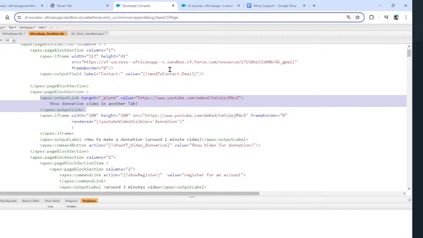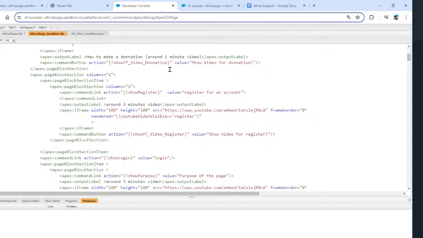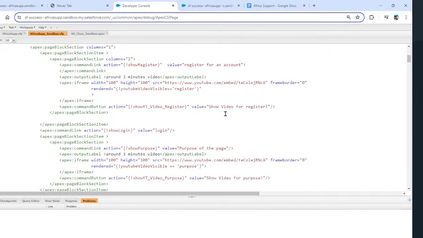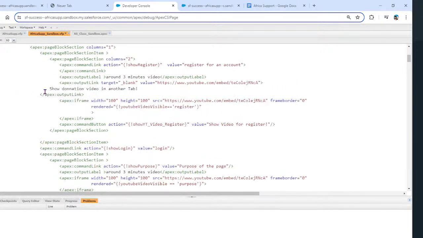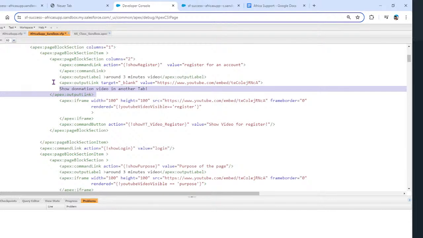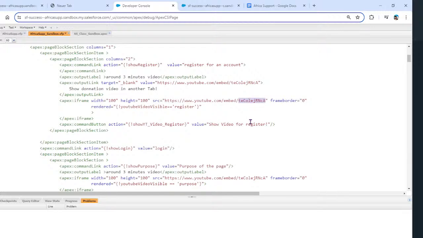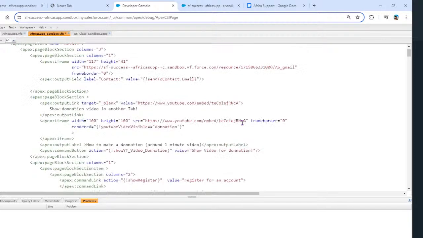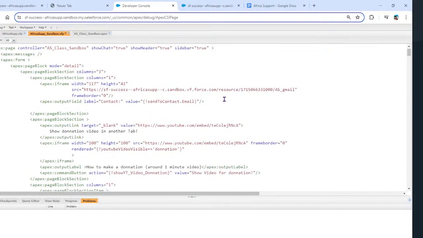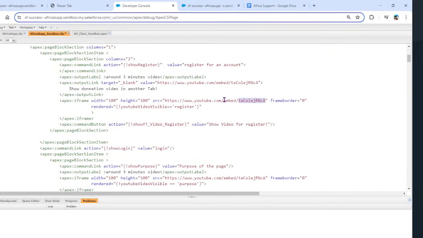Let's say we do it for the other one as well. Like this, and this show not donation, it's more like this. To register video for